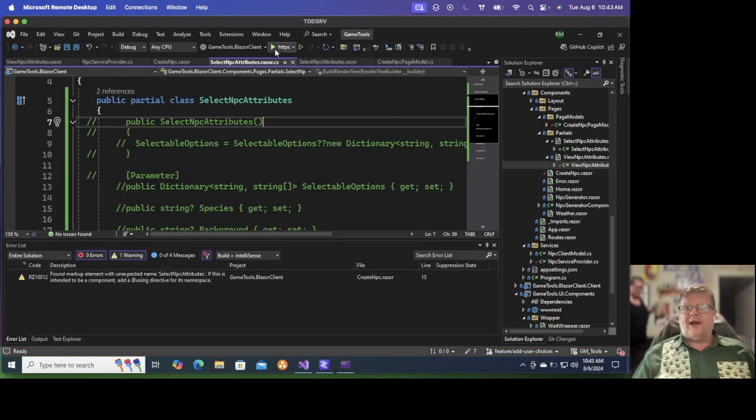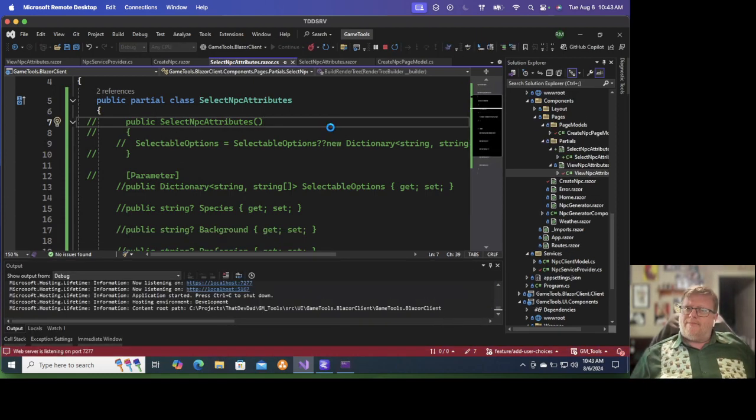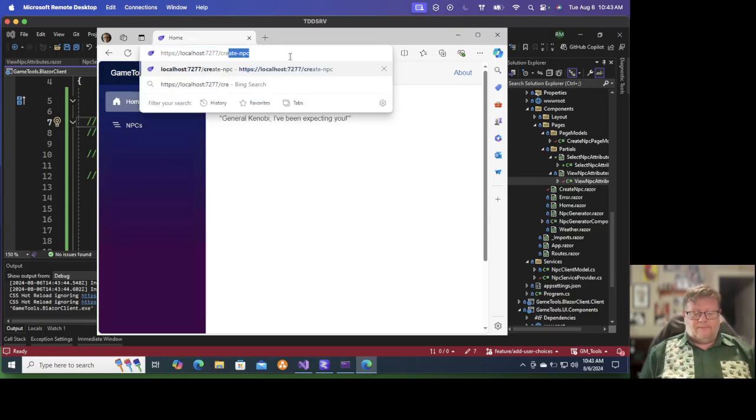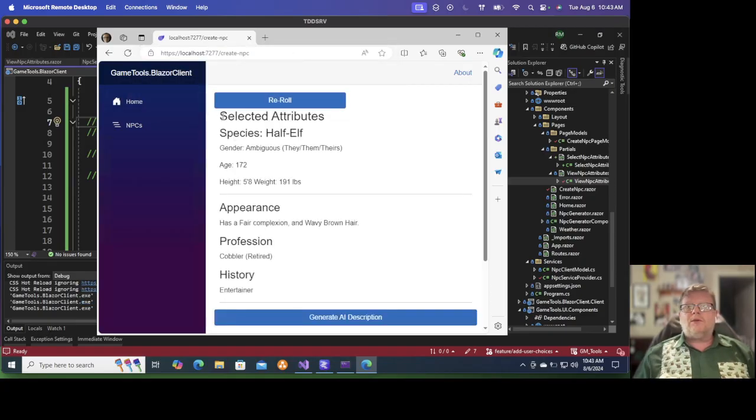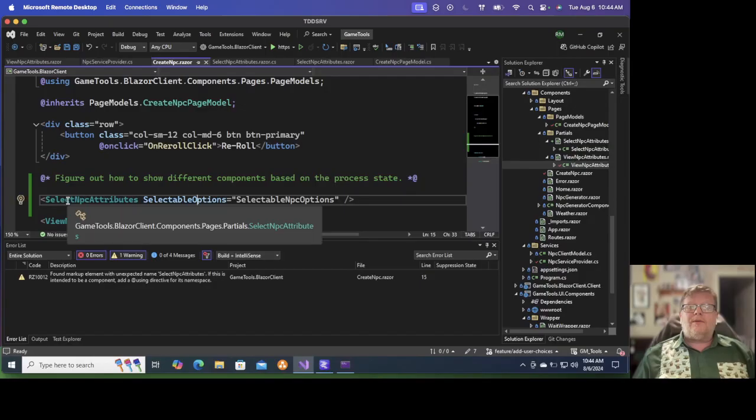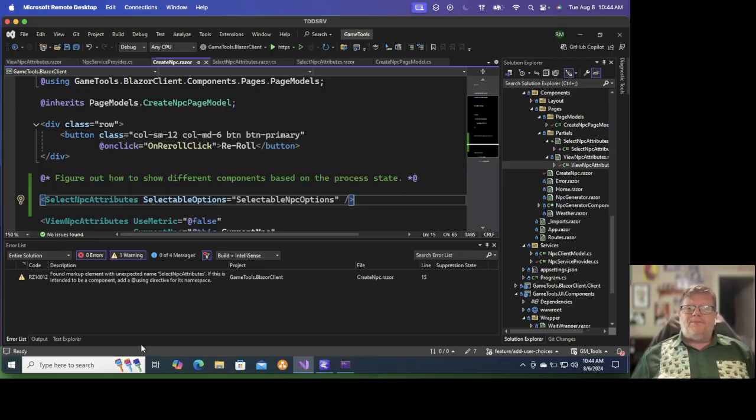Probably have to restart the app. And it's still being goofy. So I'm obviously doing something wrong here. What's this barking about? No, I don't want to remove it. Okay, well, let's